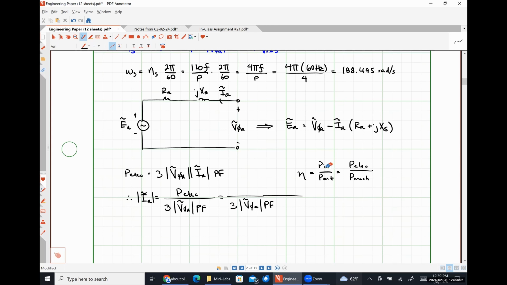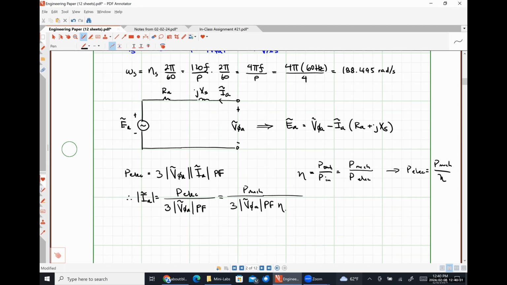You're 100% right, Ron. I'm just losing my mind. Should be P out over P in. Thank you for that. And so that would be mechanical up here, electrical down here. So doing it correctly, and thank you very much for the correction, Ron, our electric power should look like P mech divided by our efficiency. So I'm going to put P mech up here